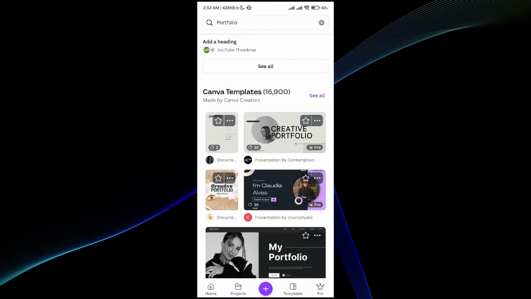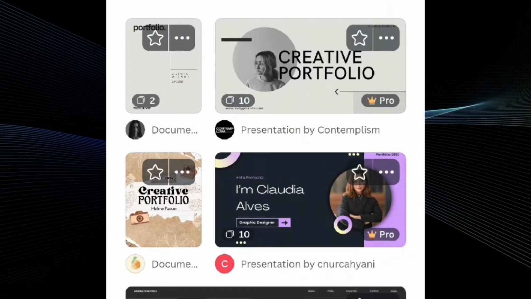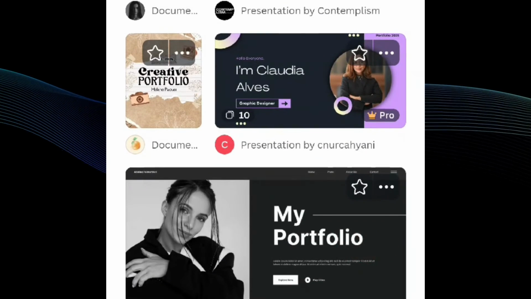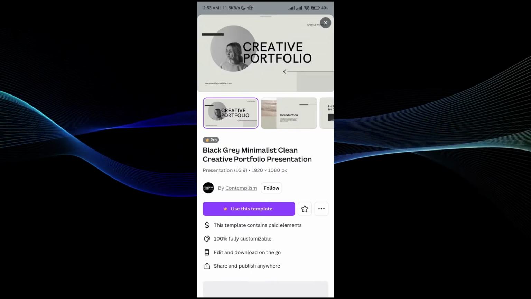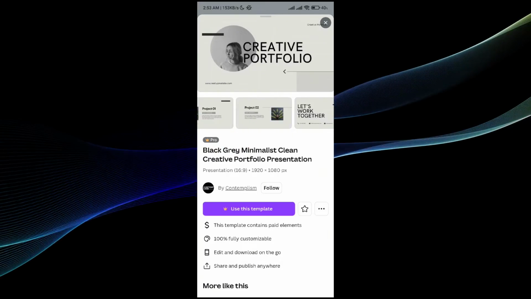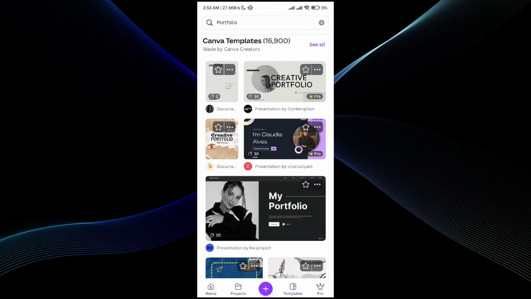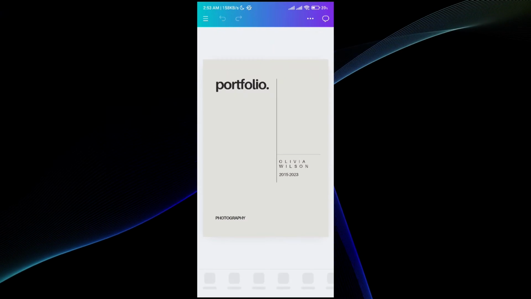For example, there are 16,900 templates available for the portfolio. And as you can see, one of the portfolios is available right here. We're just going to go with it. So there are different sorts of formations. For example, this is a creative portfolio in this form, and then we can have a documented form as well. If we go with the left side, just wait a few seconds till it's completely